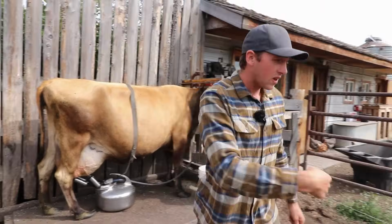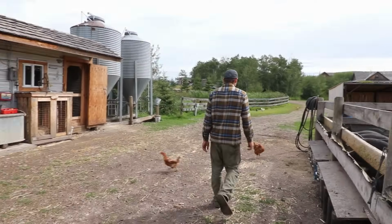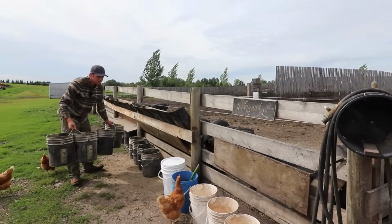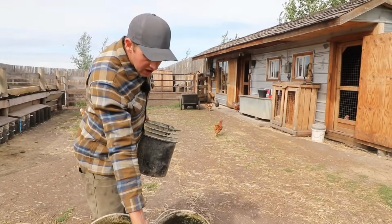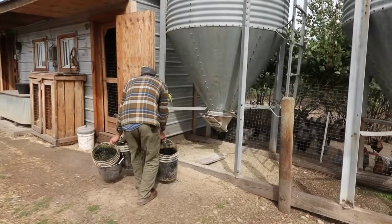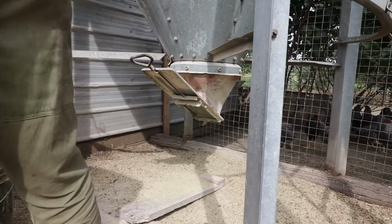So she's doing good. We'll make the pig feed and then we'll come take that machine off of her. So we'll grab our empty buckets, and they still have some of the culture left over from yesterday. So that's going to act like a mother to help the fermentation process. We'll fill these buckets up, and you can see